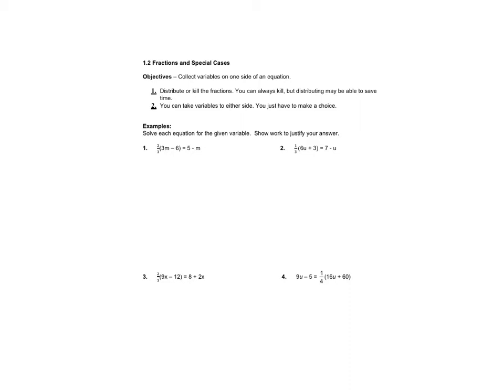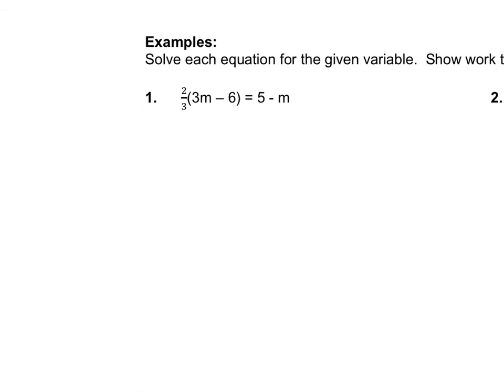Distribute or kill the fractions is always your first step. We talked about killing the fractions in the first unit, but sometimes distributing may be easier and save you a little bit of time, especially if there's just one fraction in the problem. And then once you do that, you can take the variables to one side and then get the variables by itself. So taking a look here at number 1, we have 2/3 times 3m